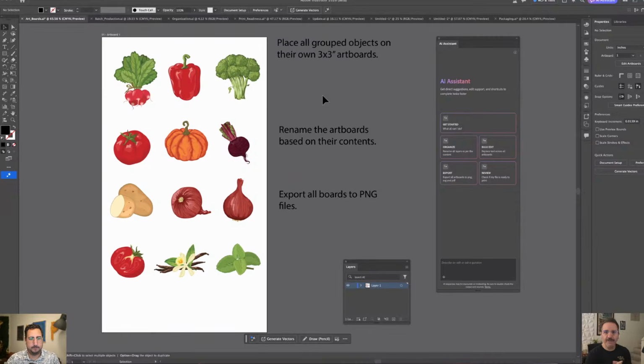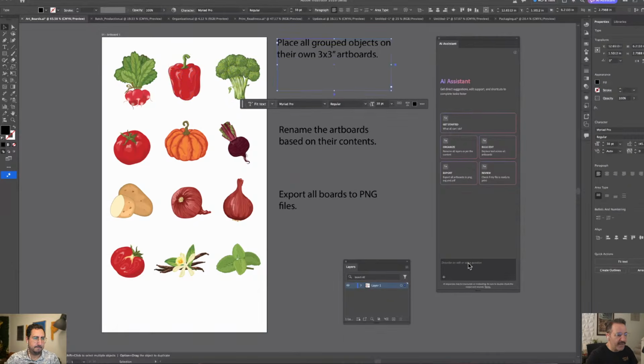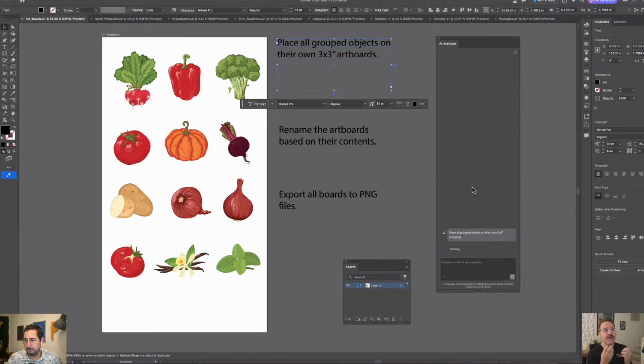So what I wanted to do is find some kind of everyday tasks that you want to do, but would it be great if I could do it in the background? I've got all of these illustrations of kind of vector food graphics, right? And they're all grouped. So basically what I'm going to try is I want to say, down here below, I'm going to enter: place all grouped objects on their own 3x3-inch artboard. And as I do this, we're going to see what's happening. And I think this happens a lot of times where you have all these assets and maybe you're in your native live file that you're not really sharing with anybody, but you need to now